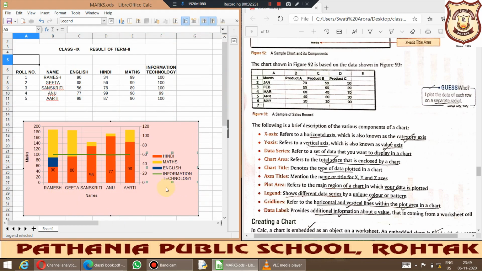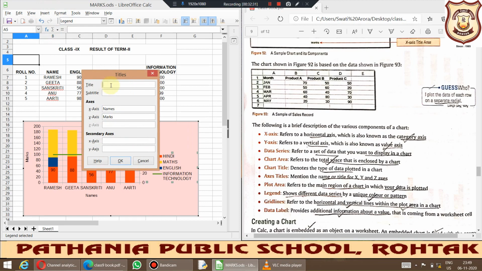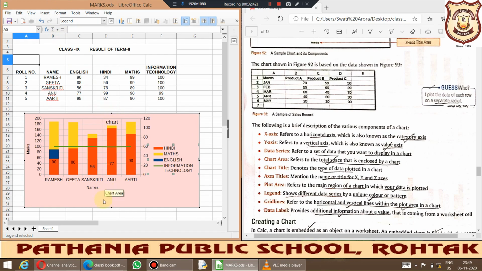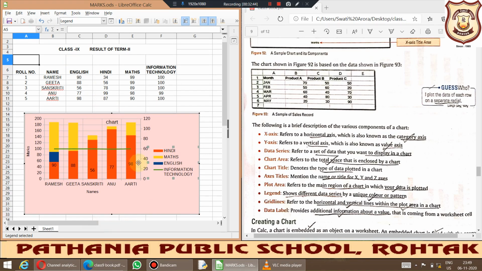This is my chart area. I hope it is clear. Then the chart title we can write here. Let me add a title. You can see the title has appeared. In this way you can add a chart title.